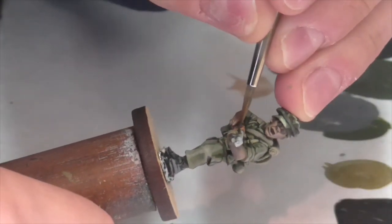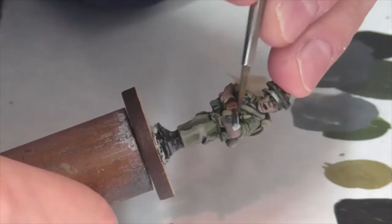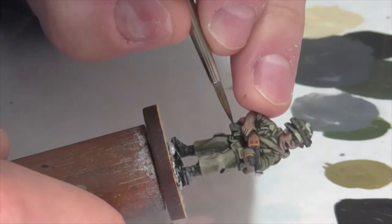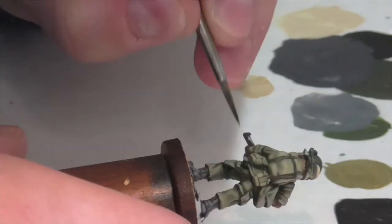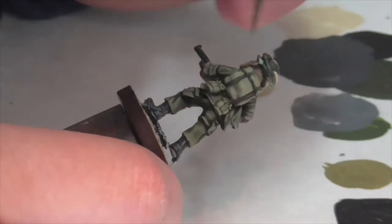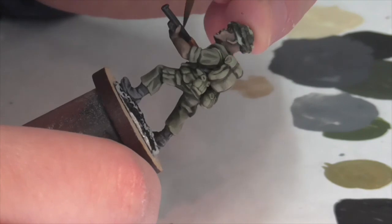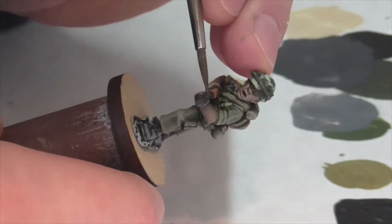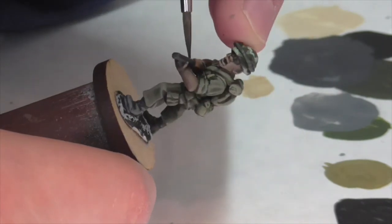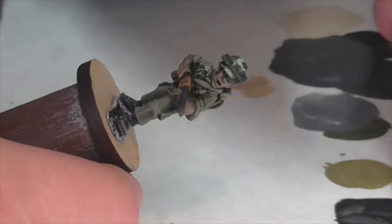I'm going to finally finish off here by doing the metal part of the gun, which I'm going to base coat with a mixture of Vallejo German Gray and a Vallejo Air gunmetal, obviously more German Gray than gunmetal, as I always say, so you get a real dark metallic gray color. Just base coat that. I'm then going to make a highlight, and I'm going to do this a little different than usual. Normally I just go right up to Vallejo Air gunmetal, but I don't want it to get quite so bright, so I'm going to take the Vallejo Air gunmetal at this time and just mix a little of the German Gray just to darken ever so slightly,